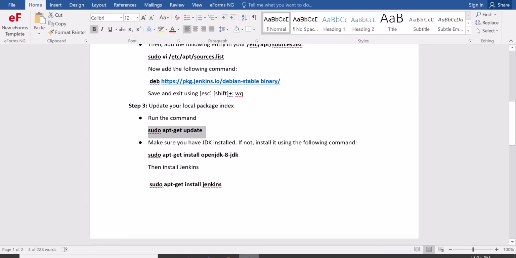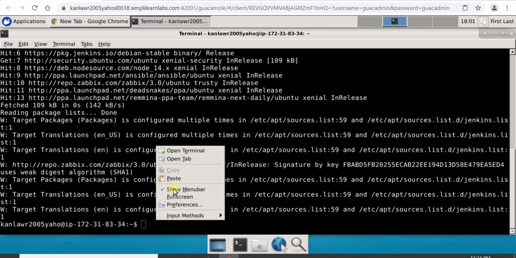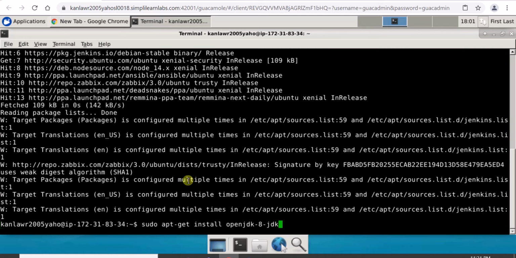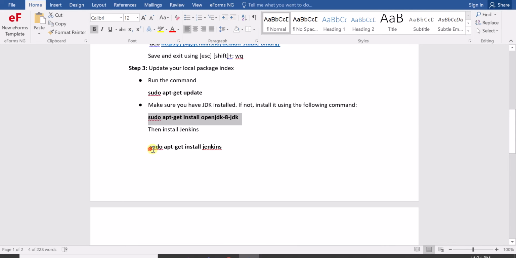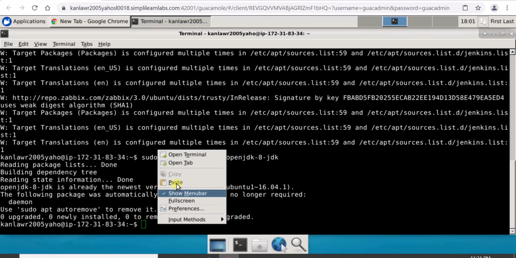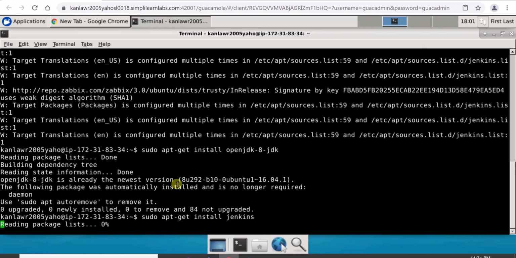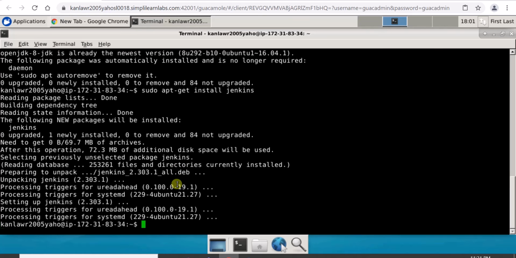Then we copy the second command for the JDK file. Okay, it's already installed. Then install Jenkins. It's there.